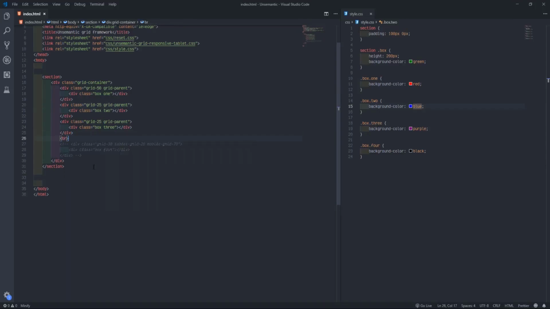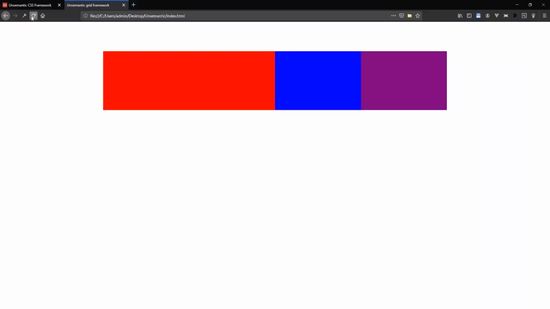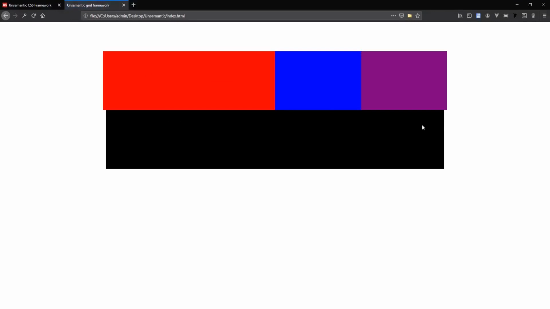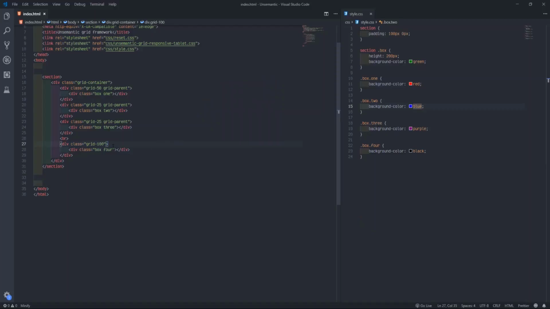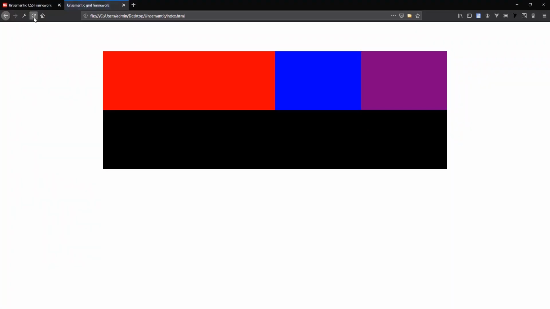I come here now and say BRO. Then I go create this grid. I'll say grid 100. Now, definitely, it must fall down. You see, it must fall down. So I'll put grid parent. In fact, before I put the grid parent, I want to quickly show something I just noticed.